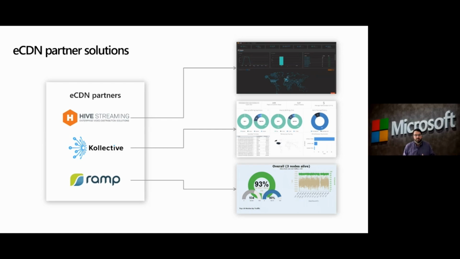One of the things we have the opportunity to do is, because they have that agent capability of distributing that information, it's also plugged in to help us see how many people are using it, where they're using it, what their experience was, are they having buffer experiences. Now, Ramp's a little different than the ECDN in that it uses a caching-based solution, where Collective and Hive use an agent base to make sure that it's distributed. And that brings back some great telemetry for you that's even greater and richer than what we have.